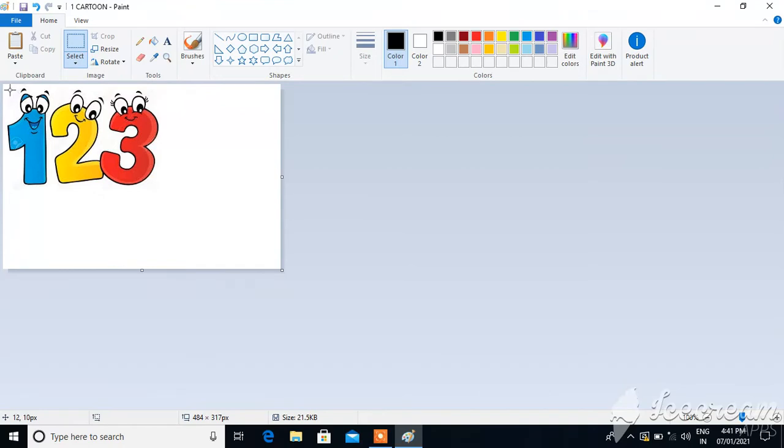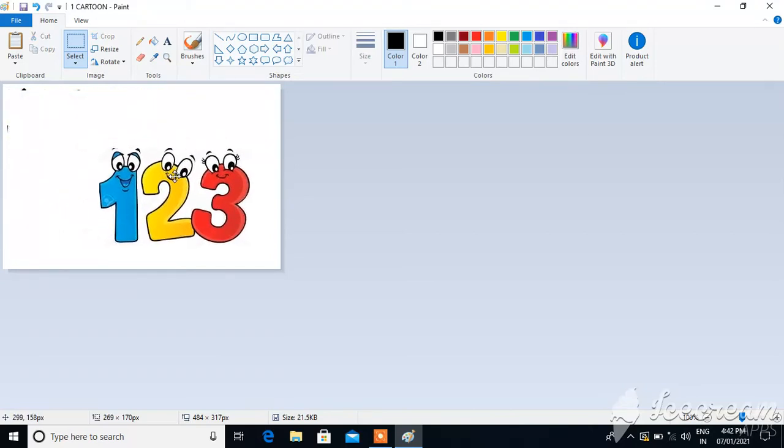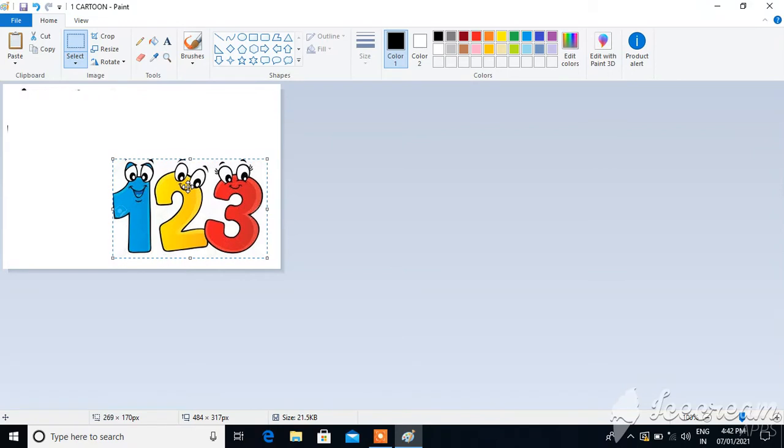Okay, now select this image. See, have you seen the dotted line? I selected this image. Understand, if you want to keep this image somewhere else, you can drag like this. This is called selection.